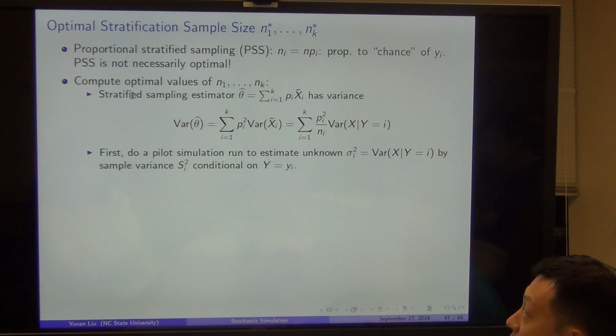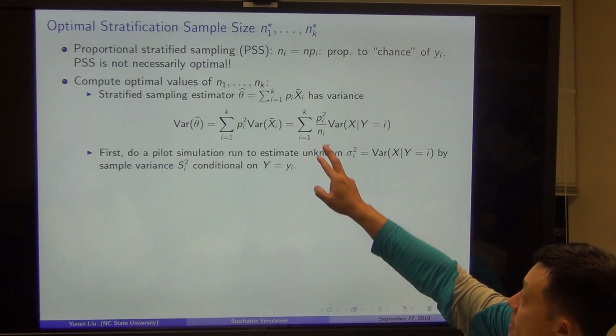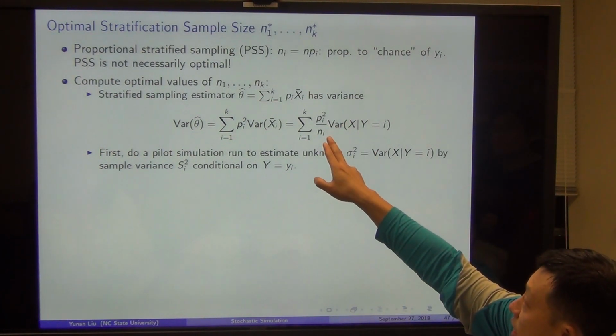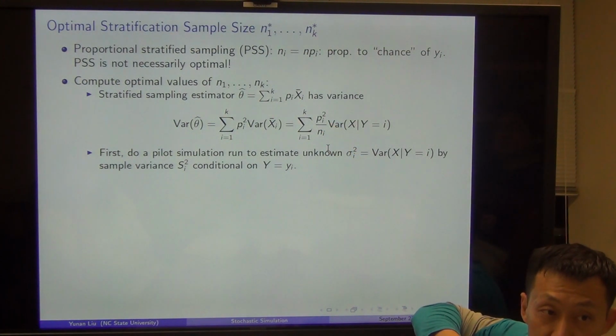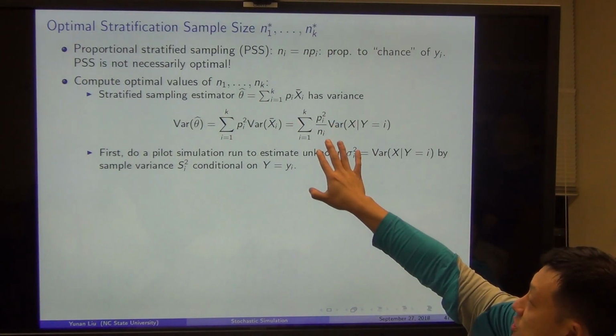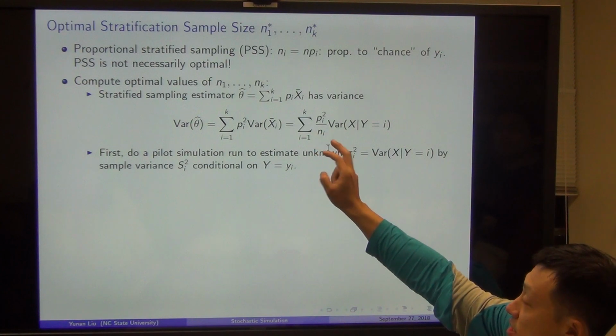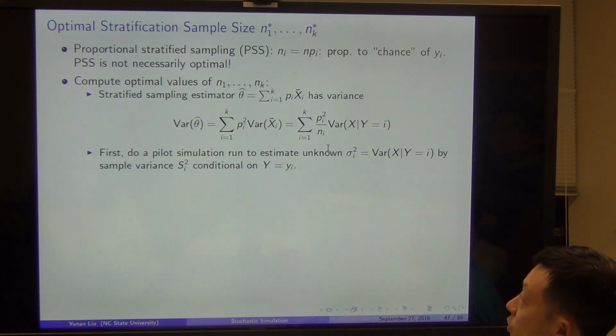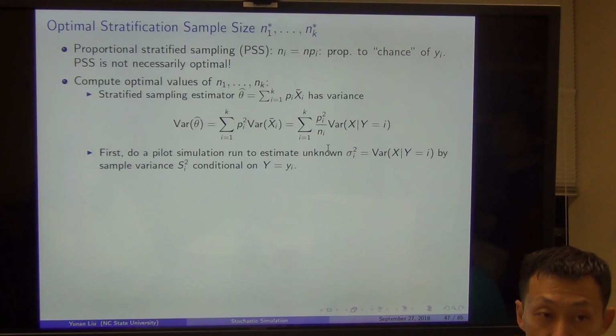Let's solve an optimization problem for the optimal n1, n2. We call them n star. Right? Stratified sampling estimator has this format. It has variance equals this, right? Okay. So if ni is equal to n times pi, we cancel all the pi and we get what we get from the previous page. Let's try not to cancel this. Let's just say this ni is something you can control, with a constraint which says ni sum up to n,